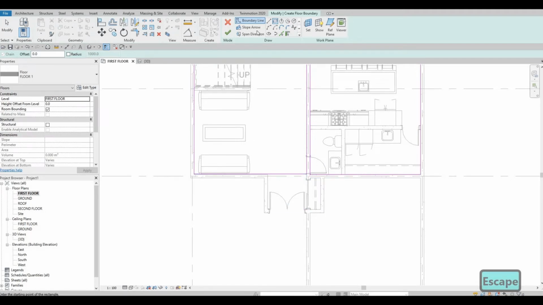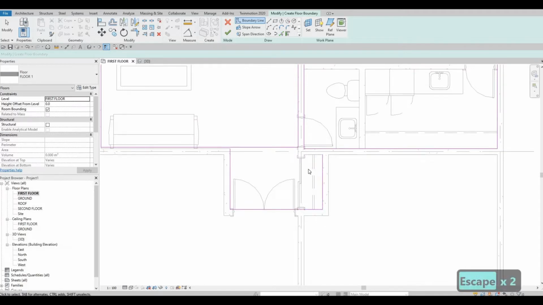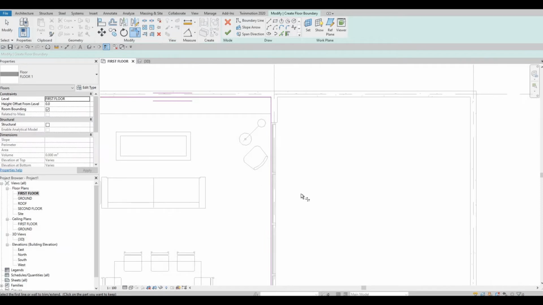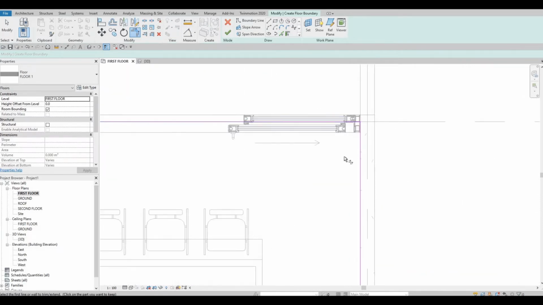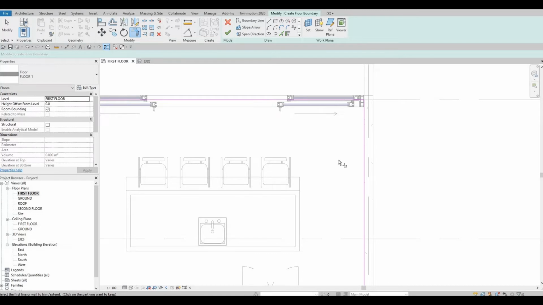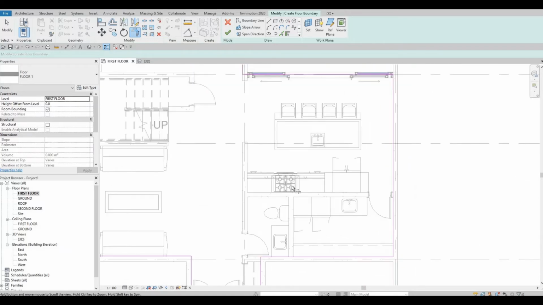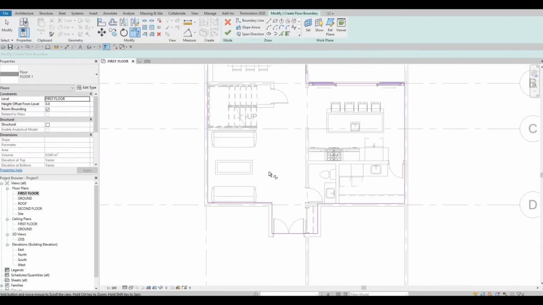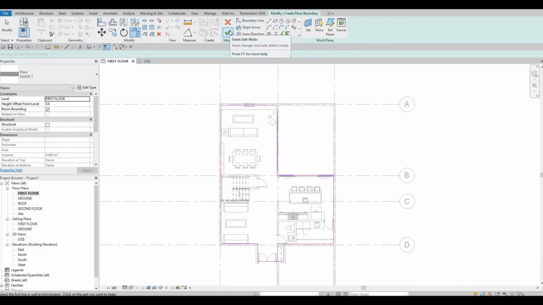And then now we just need to go around here. So I need to pick line, and then from here you can delete this, trim here as well, and trim here. You can also just pick line on all the corners if you want, but I find it very easy to do if I just do it like that. Okay, so now this is done, we can then click finish,